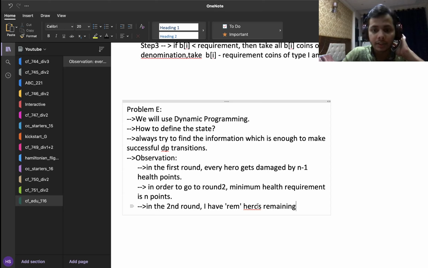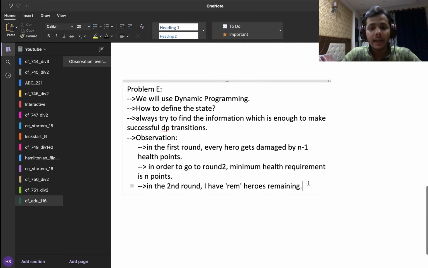That is the situation here. The first round is already over, I have rem heroes still remaining, and obviously every hero has already been inflicted by a damage of n minus 1 points.